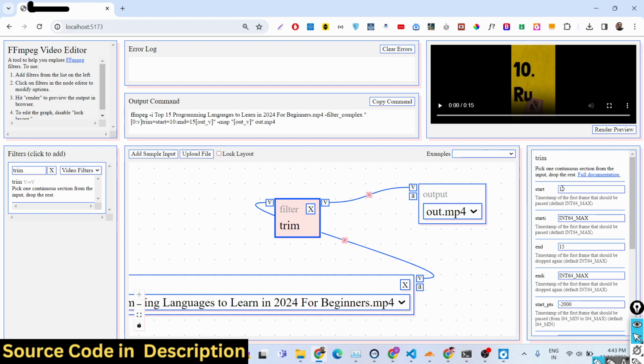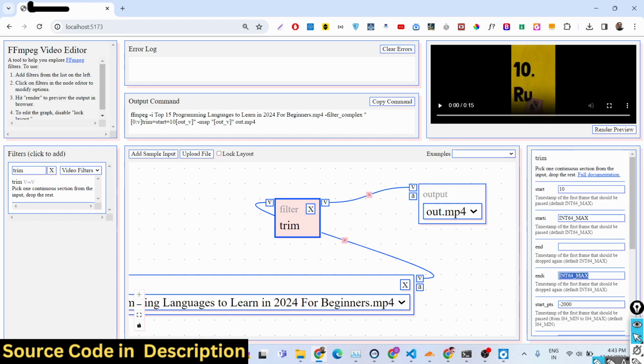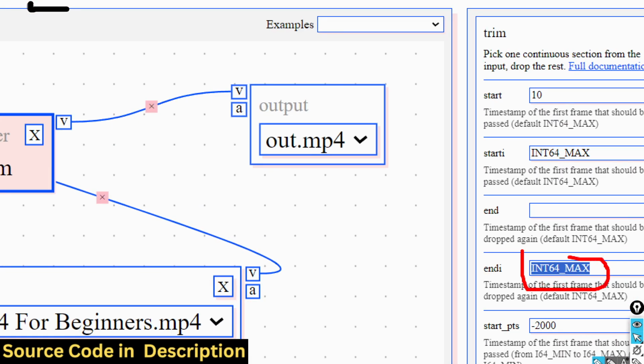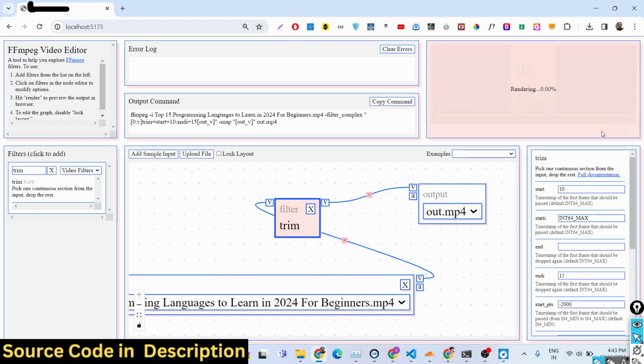I actually trimmed. This is the starting duration that we put here. Oh, sorry, here I forgot. I need to put 15 here, not here. Just put the 15 here, sorry. So the start duration is 10, and then